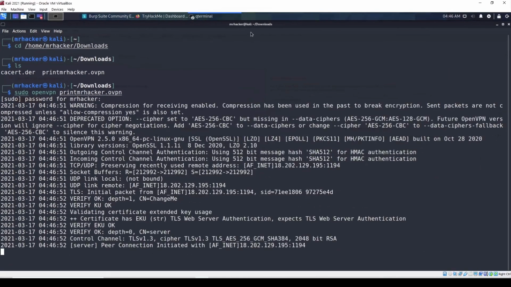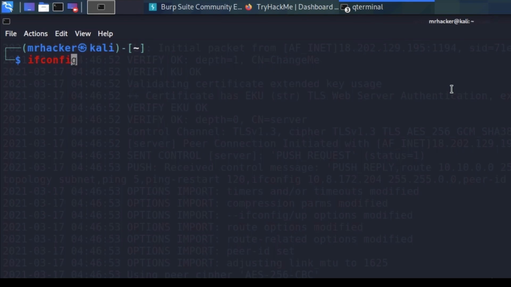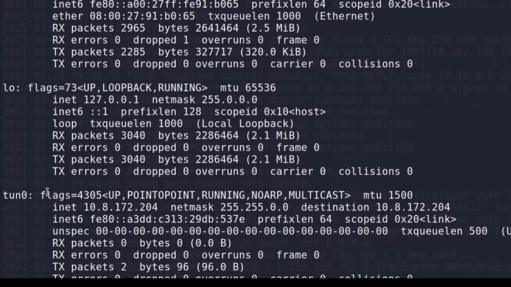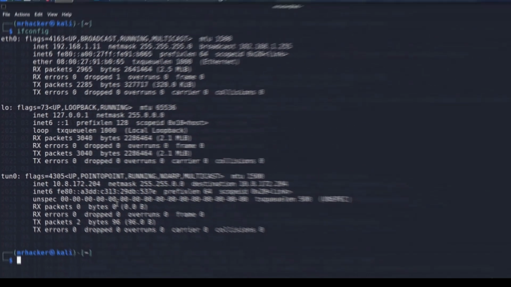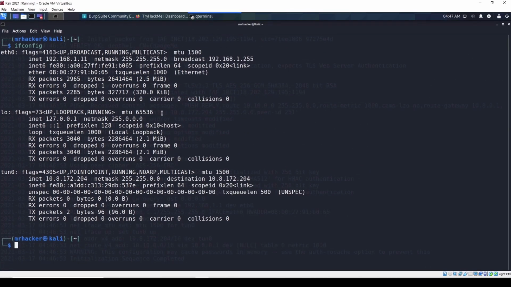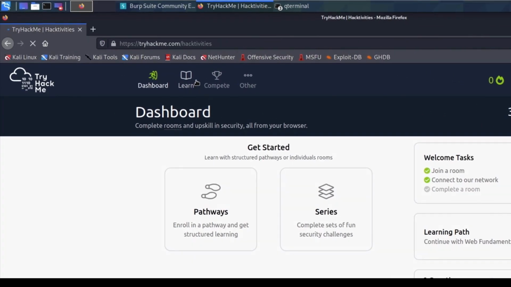Enter your password and it will start the VPN for you. Now, if you open another terminal and type in the ifconfig command, you should be able to see another interface right here that will give you the IPv4 address that belongs to the TryHackMe network. Okay, awesome. Once you have that set up, you want to navigate to your dashboard, navigate to the Learn tab,